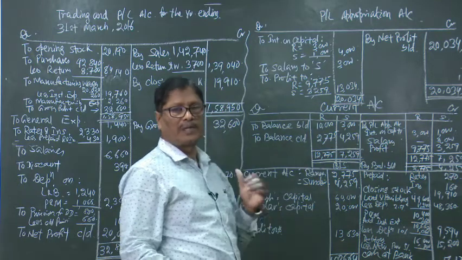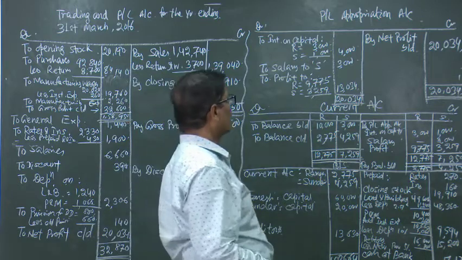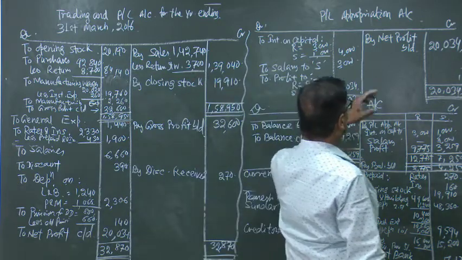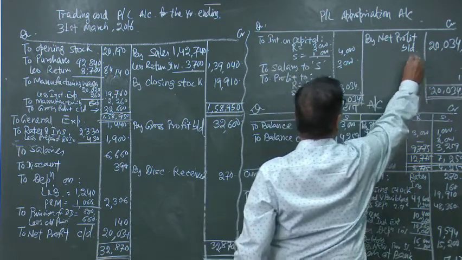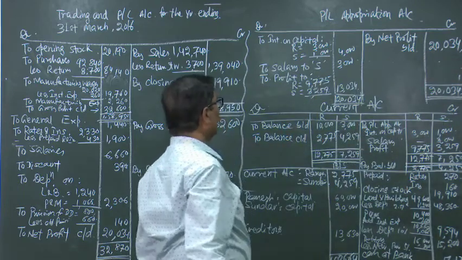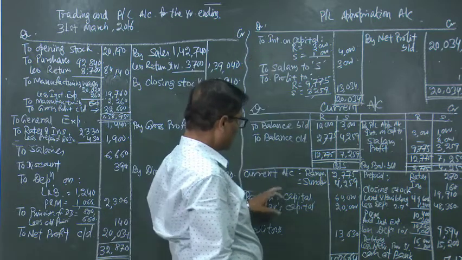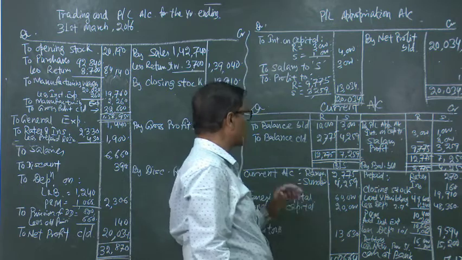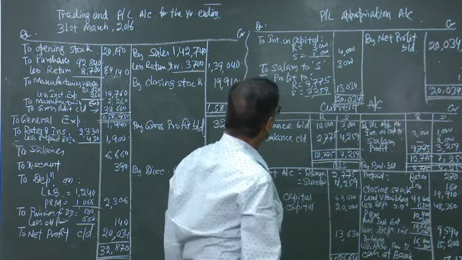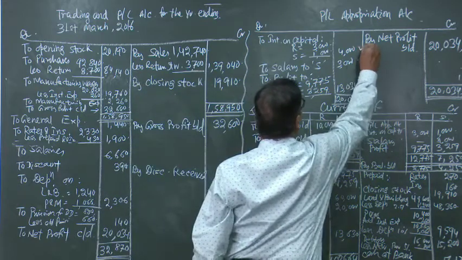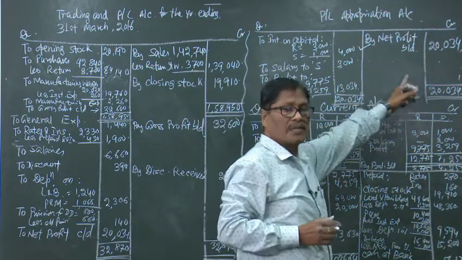But in this particular problem, there are no drawings. So, naturally there will be no interest on drawings, but if there would have been any interest on drawings, it would have been added to this place by interest on drawings this much. Anyway, it is not there. So, we are taking interest on capital first of all, whatever capital they have got which is fixed in nature, 60,000 and 20,000. On that we have calculated 5% and on this also 5%. They are coming to 3,000 and 1,000. So, in this way interest will be first of all appropriated from the total profit of 20,034.